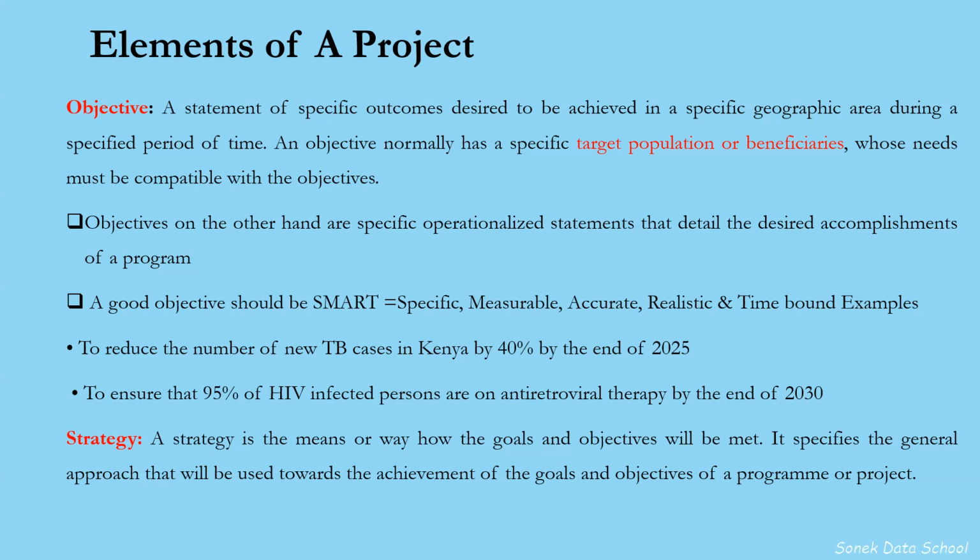That is by having mechanisms, or what we call strategies, specific activities you are going to do to ensure that a change is brought and the objective is met. So, strategy specifies the general approach that will be used towards the achievement of the goals and objectives of a program